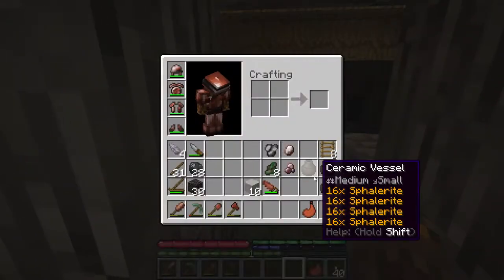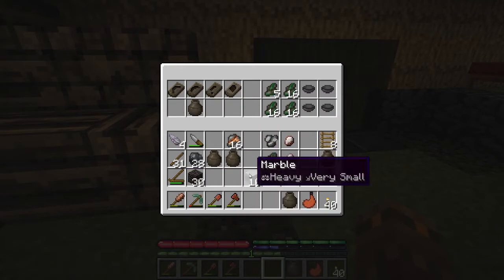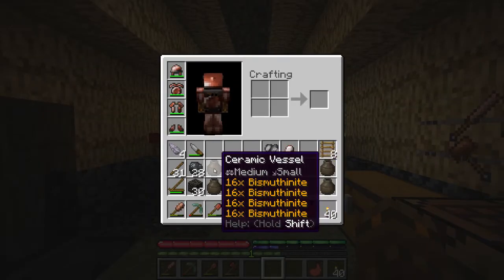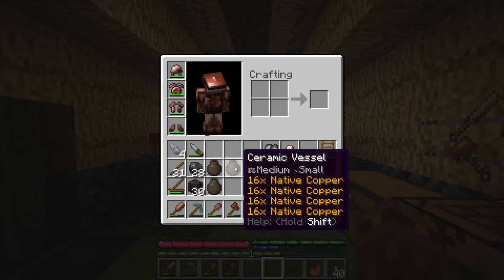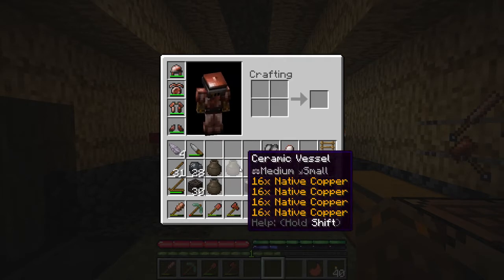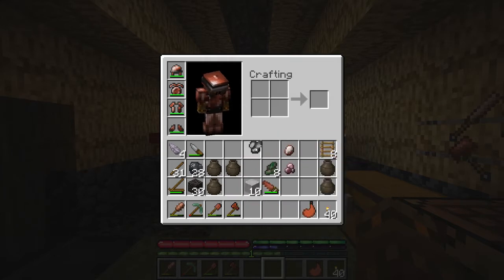So I collected a full jar worth of cephalerite. I also have some copper here, a full thing of copper, and a full thing of bismuth. Now remember, I think it's 50% of this, 30% of this, and 20% of this. So it will be a lot more copper being used per bismuth to zinc ratio. So even though these are all 16 stacks, 4 of them, the copper will run out way before these two do,